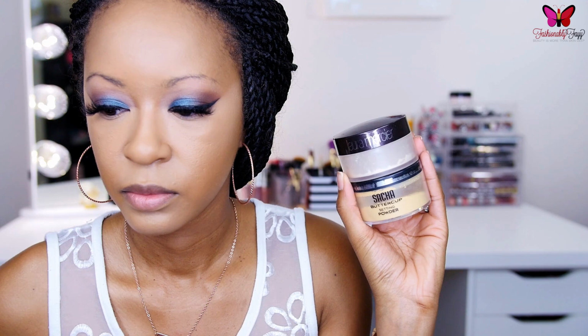So moving on to concealer, I'm going to be mixing 2 shades from the Too Faced Born This Way concealer. I believe these 2 shades are medium tan and the shade tan. So I'm just going to mix the 2 of these shades together and blend them out with my damp Real Techniques complexion sponge. So next up, I'm going to set everything in place using my Laura Mercier translucent setting powder